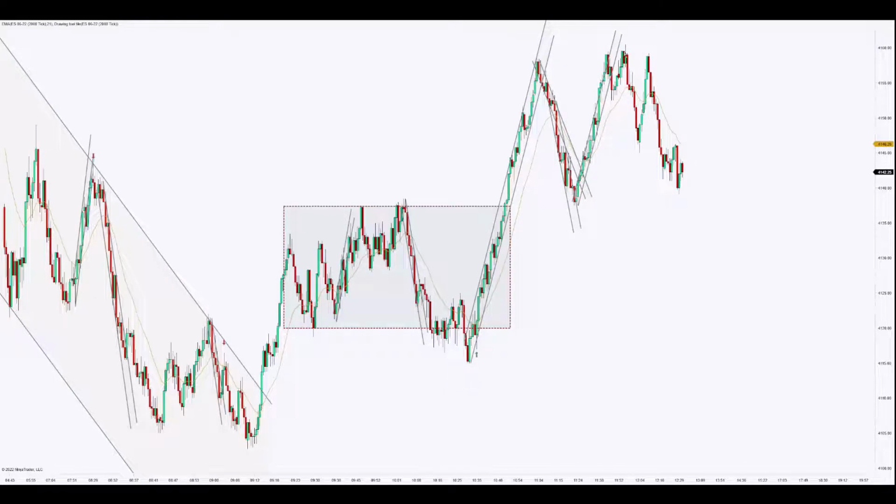Then we do get a new high, trend break, first attempt to a new high, second attempt to a new high, and then we get a lower high, and then it reverses. This isn't that bad to take. I didn't take this, but